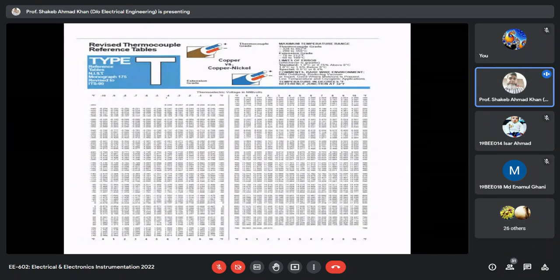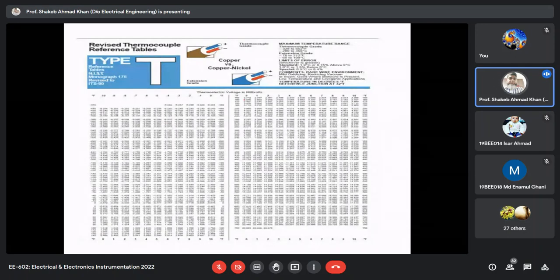In the first column there is the temperature in Fahrenheit. You see here 150. Then all the other columns are voltages except the last one. So this means if your measurement junction is maintained at 150 Fahrenheit, and all these are standard tables for a type of thermocouple, your reference junction is maintained at 0 degrees Celsius, and that's why it is always desirable, because all the standard calibration tables